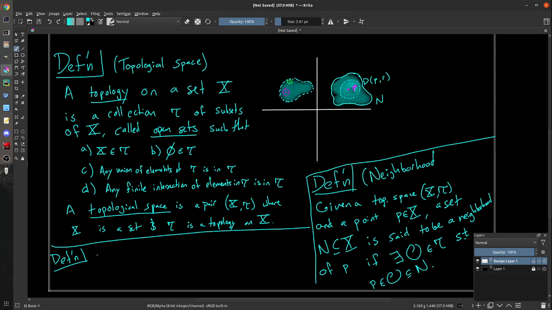Okay, and we're going to do one more definition down here. We'll call this the subspace topology, or the relative topology, people like to call it sometimes. So given a topological space X, tau, and a subset, we'll just call this Y, so capital Y, contained in X,